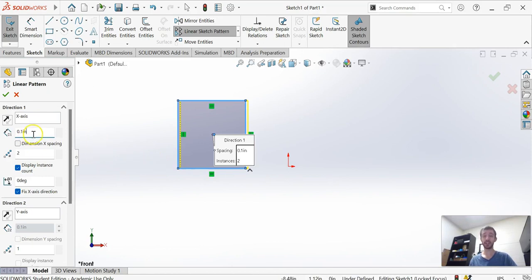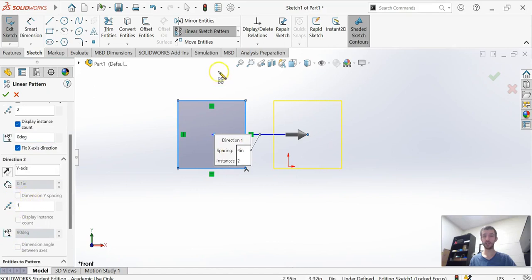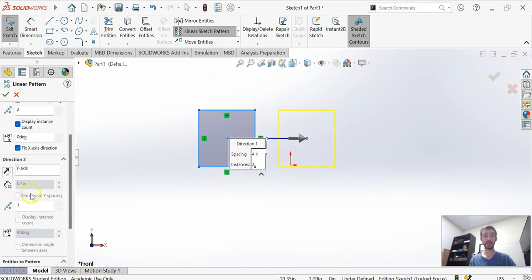Currently it's 0.1 inch. I'll make it 2 inches now, and you see it's moved over some. If I make it 4 inches, now it's over here. Okay? And currently I'm making 2 of them in the x direction and just 1 in the y direction, so it's not patterning it this way. I can make it do both. So if I click down here,